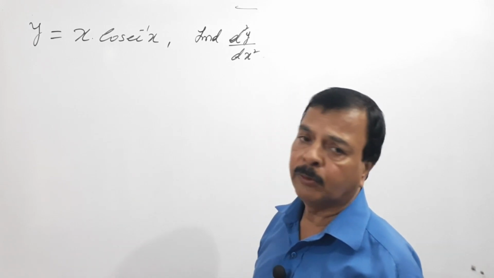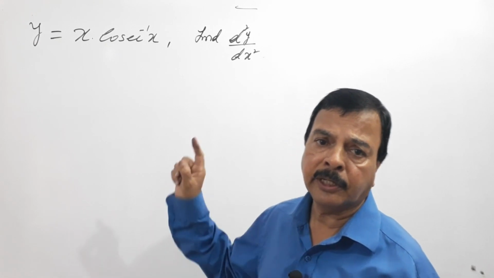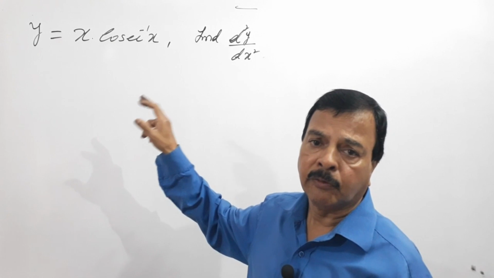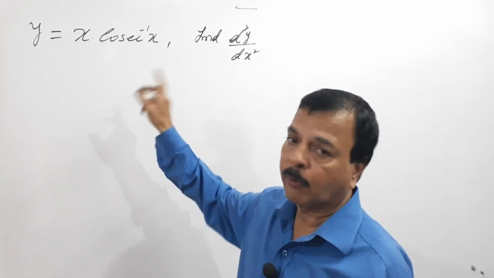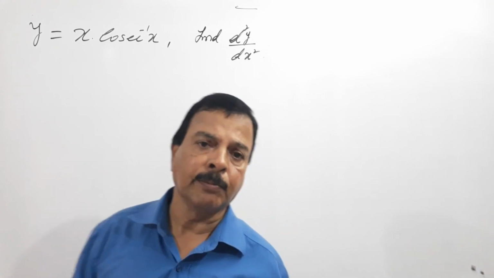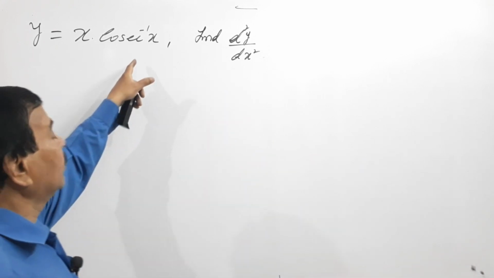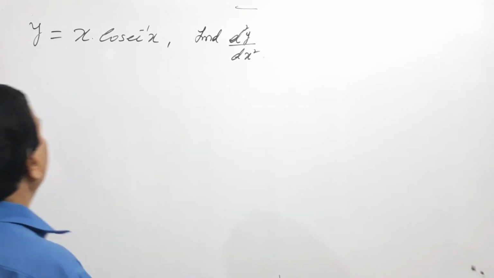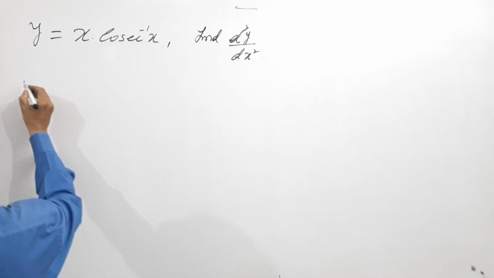y equals x into cosecant inverse x. Here it is an inverse function which we have to differentiate using product rule. So let's start. Not a big issue, it's a simple problem. Only thing we should know, if you differentiate cosecant inverse x, what do you get? So what we'll do, we'll use product rule,